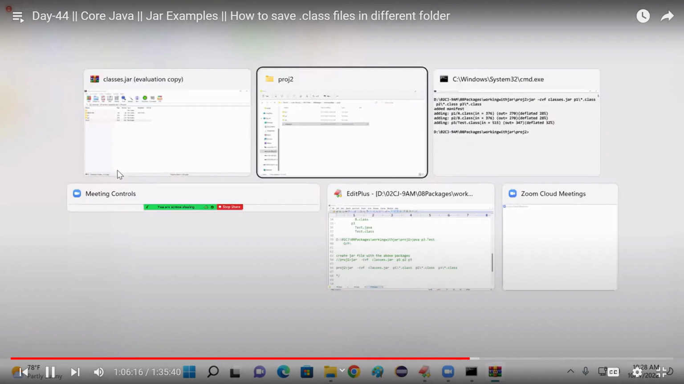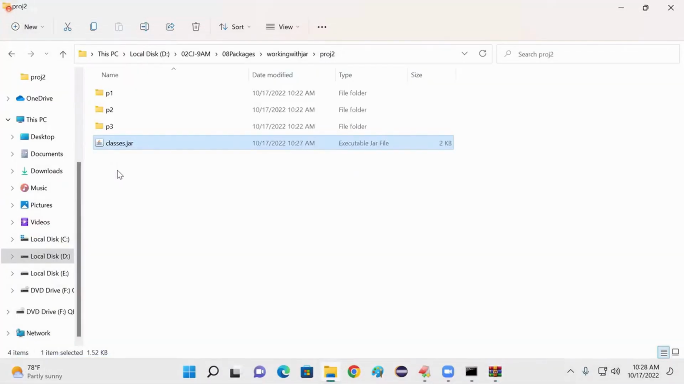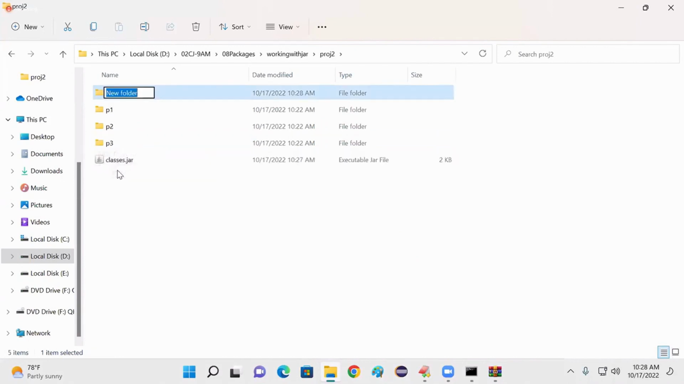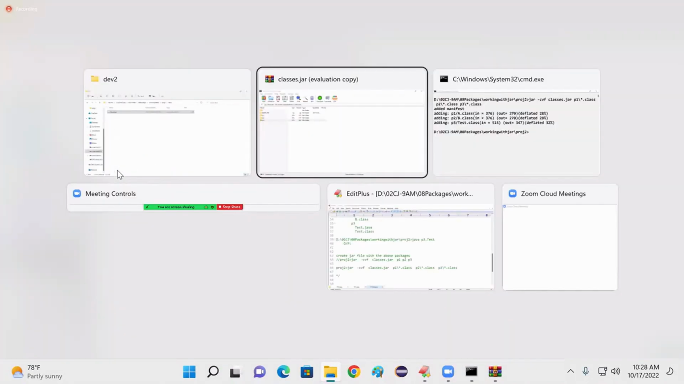And then, what is the next job? Why did you create this jar file? For your sake? No, for the client's sake. Then what to do? I have to share this classes.jar file with the client. Client is dev2. Create a folder dev2, copy and paste here. Okay, then create